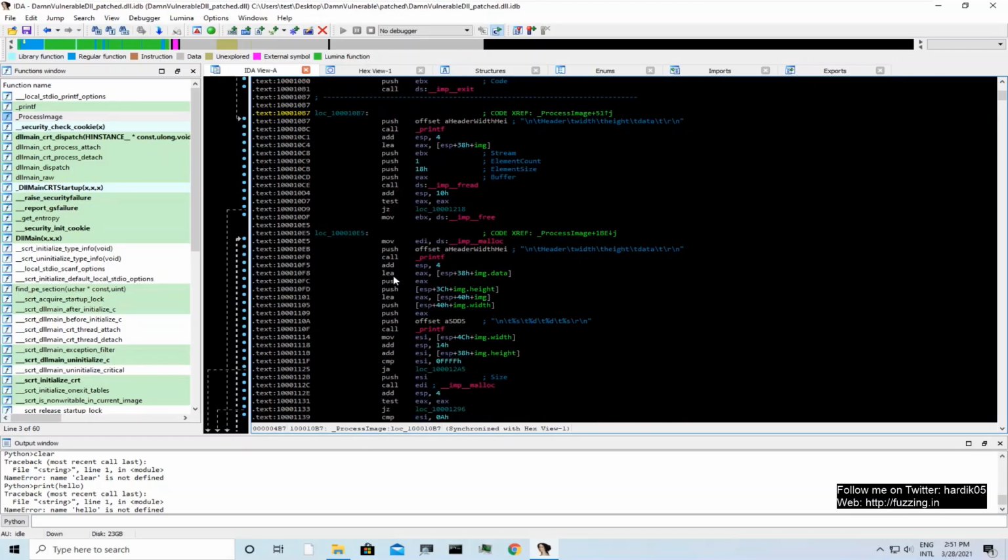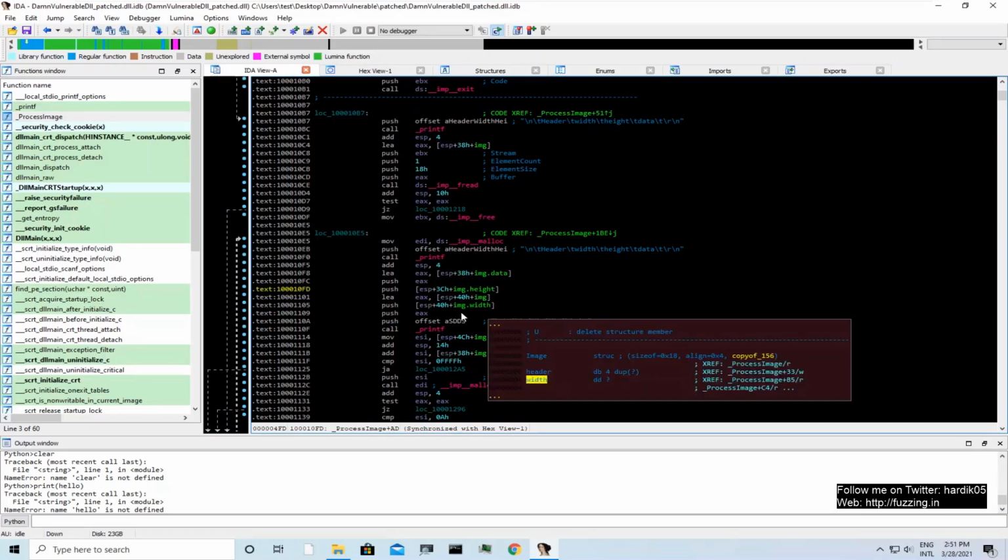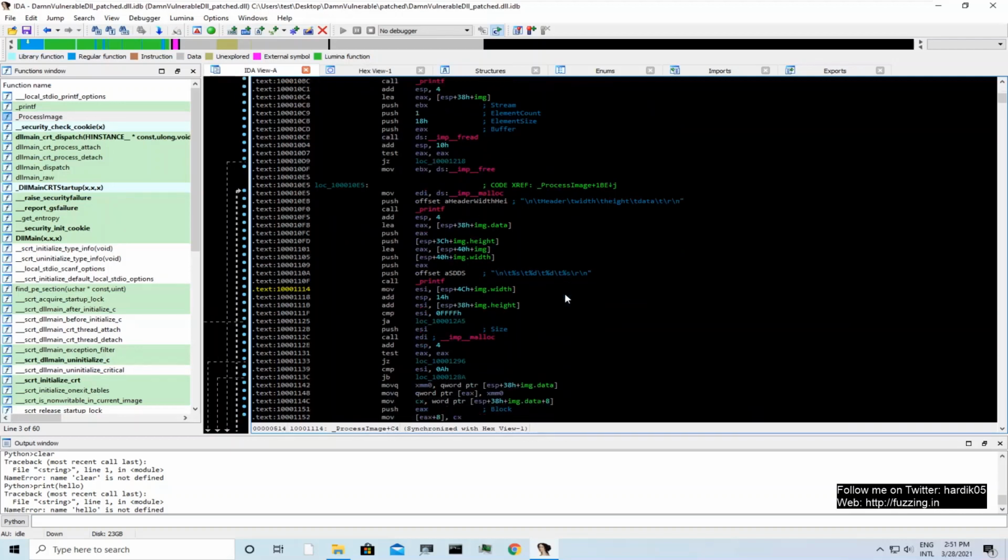You will see that here it is reading image.data inside EAX, then there is image height, and there is image width here.